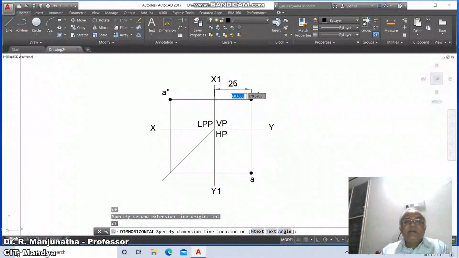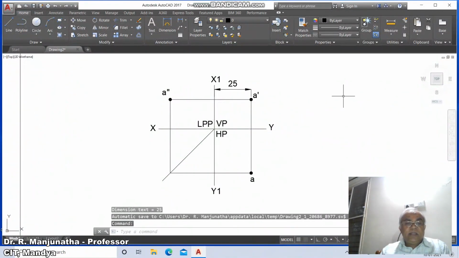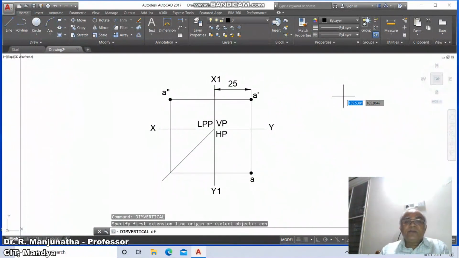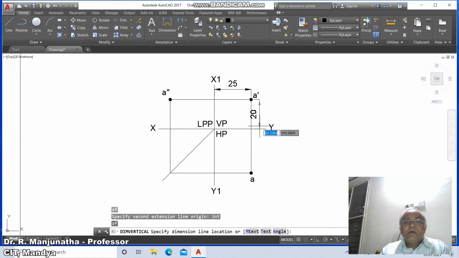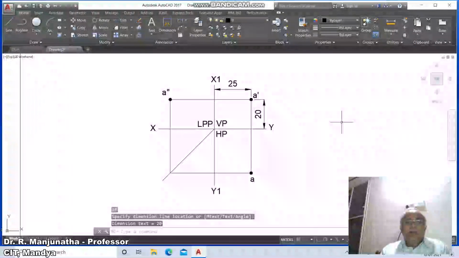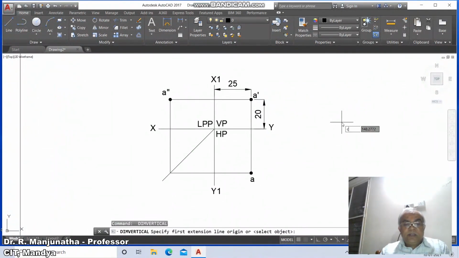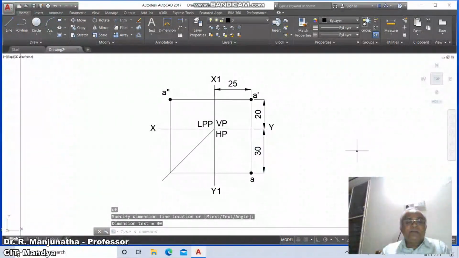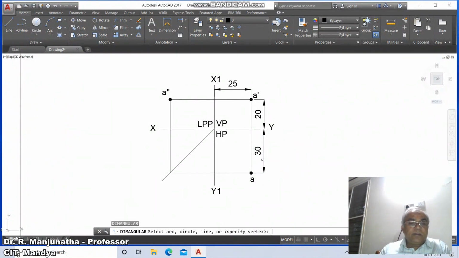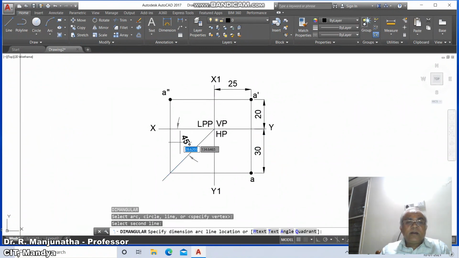So this dimension will be 25, and then again dim vertical, DIMVER vertical, take center of this and then intersection point of this. So you're going to get 20. Again dim vertical, take center of this and take intersection point of this. So this will be 30, and then dim angular, select this line and this line, and here you will get 45 degrees.